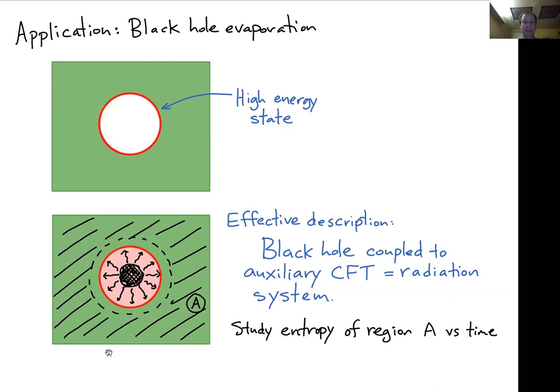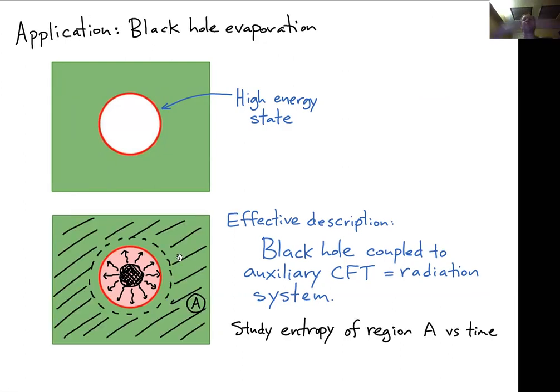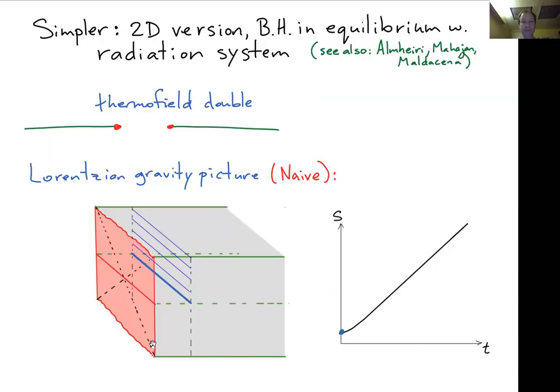Okay, and so one of the interesting things that all of these people talked about, and that we wanted to understand in our context, was to look at how the entropy of the radiation system evolves with time. The black hole information paradox is related to the fact that a naive calculation suggests that the entropy of the radiation system keeps increasing, whereas the unitary evolution picture suggests that it should increase and then decrease again. And so, like in those models,